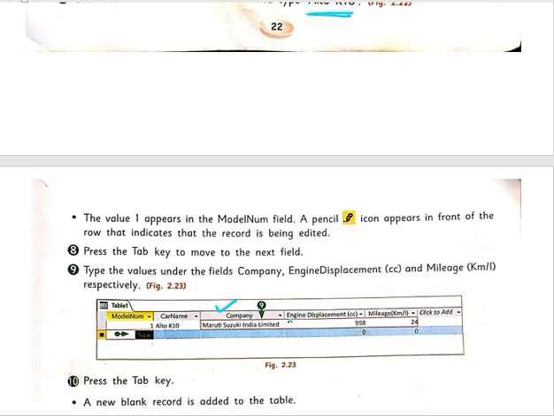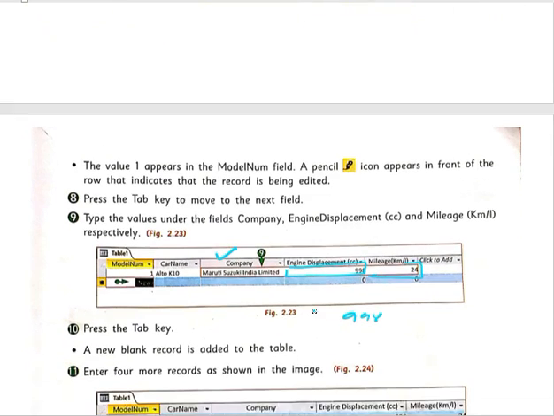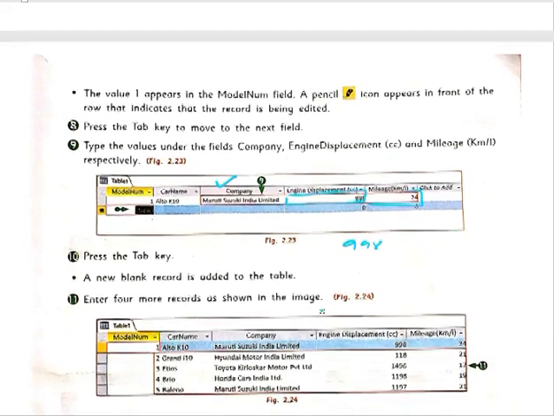Again, if you press Tab, it will move to the engine displacement section. Then we can write the engine displacement detail, as it is a 998cc engine. Then again we can press Tab, and it will move to the mileage, where you can put the mileage. Like this we can fill all the details.